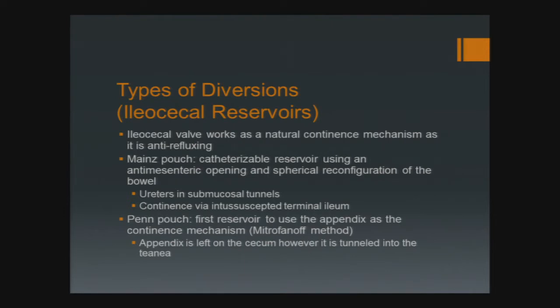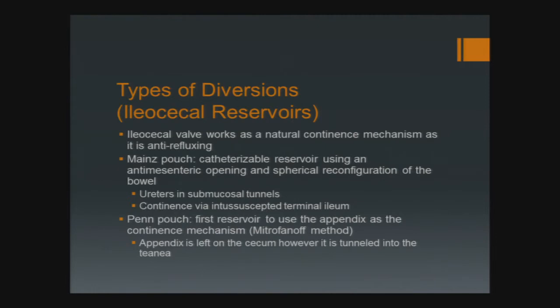and then an ileocecal reservoir. This is what we do most often here, a modification of this. So we use the ileocecal valve as a natural continence mechanism for these pouches. The Mainz pouch pretty much is almost how we do it. So we make a catheterizable reservoir, try and make a spherical configuration to allow for the most urine storage with the least amount of bowel. And then the ureters in this case would be done under submucosal tunnels,